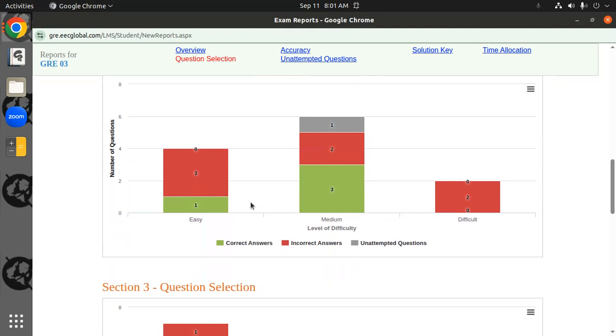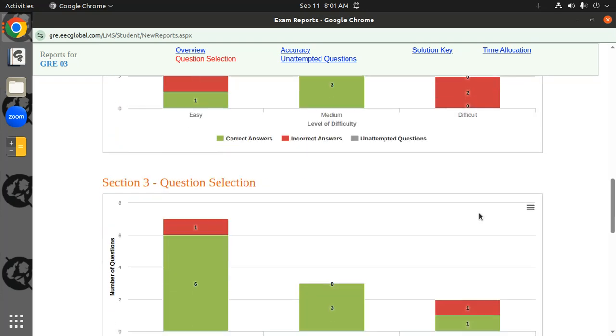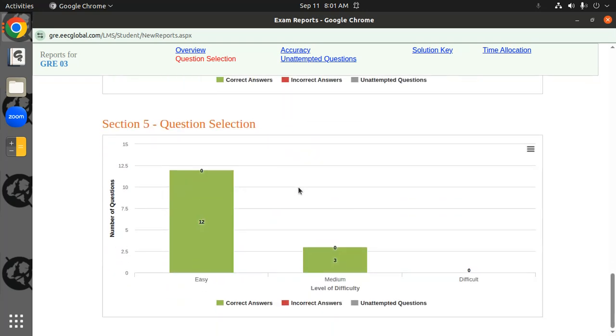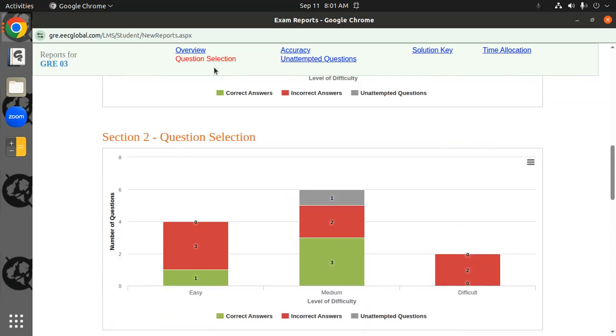Section wise question selection. So you can see in one particular section 3 plus 1, 4, 3, and 7, 9, 10, and 2, 12. So, first section of verbal reasoning contains 12 questions. Out of 12 questions, 4 were easy. You have attempted all 4, 3 incorrect, 1 corrected. Same goes with medium and difficult questions. Same goes with the quantitative reasoning and verbal reasoning section throughout. So this is the question selection